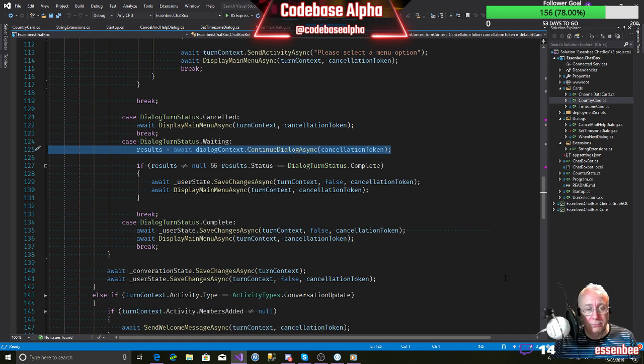Okay, so I think we're coming in here and we're hitting this. We're going through twice basically. So there's one thing we can do: comment this out, but I think then we have problems displaying the main menu. As you can see here, we're detecting whether the status is complete. Let's try. Yeah, this is difficult.